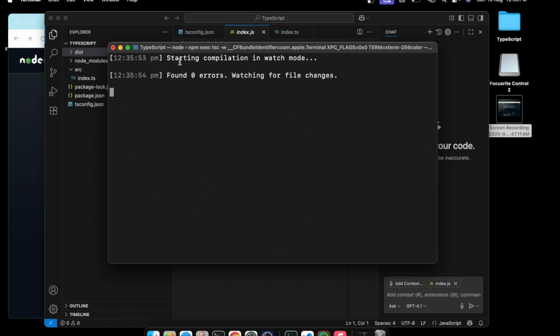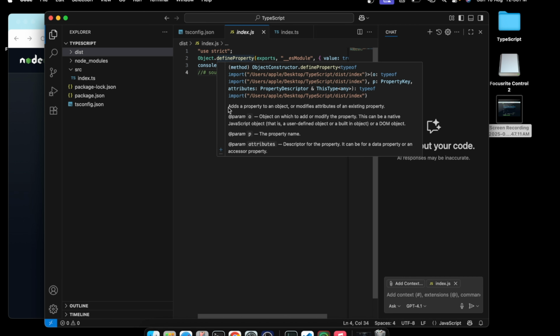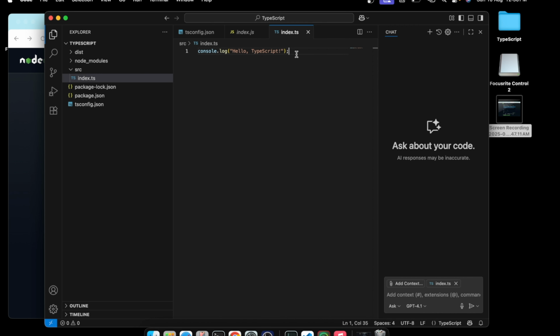So, starting compilation in watch mode. Okay, now whatever changes you make, this will be recompiled, and it will come inside the index.js, and also whatever output there is, you will be able to see, because you run watch mode.